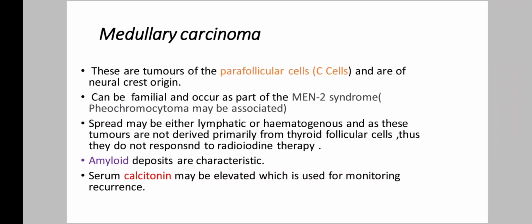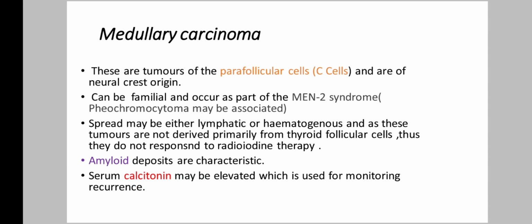Let's move to medullary carcinoma. The thyroid cancer mostly arises from the thyroid follicle cells, but there are also the parafollicular cells or the C cells. So these medullary carcinomas arise from the parafollicular cells or C cells, and these are of neural crest origin. Medullary carcinoma can be familial and occur as a part of the MEN2 syndrome. It may be associated with pheochromocytoma. It spreads either through lymphatics or hematogenously